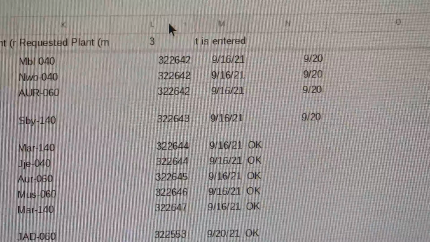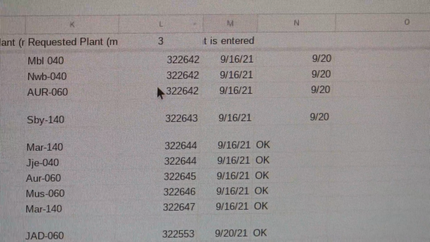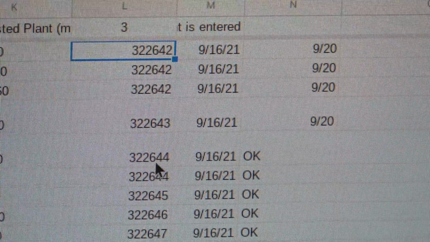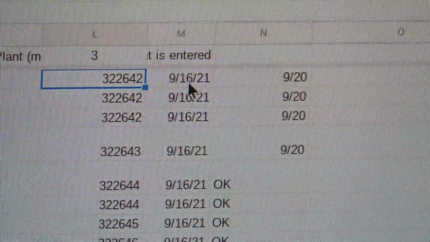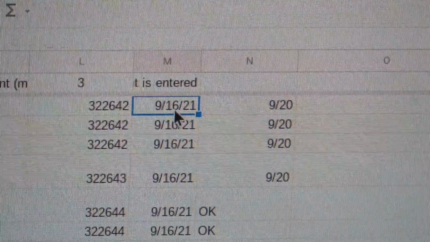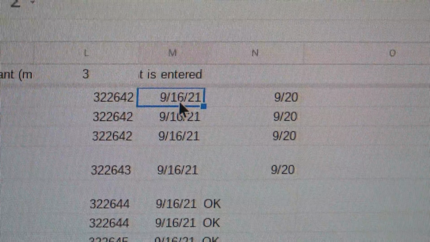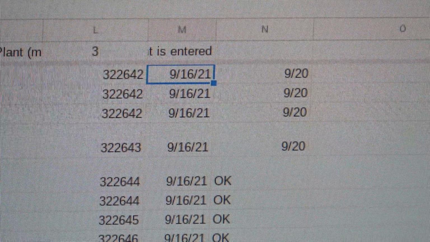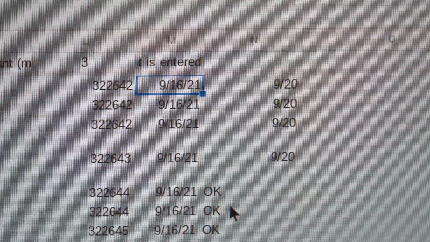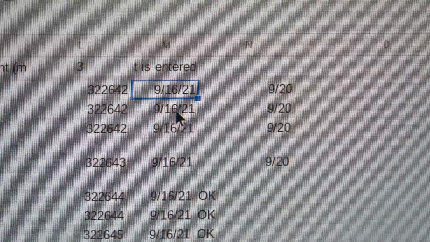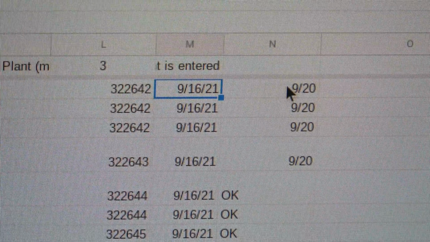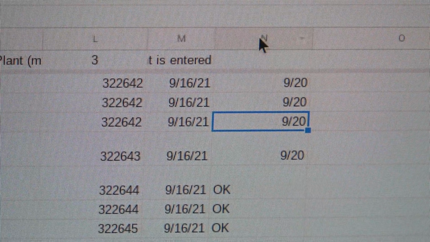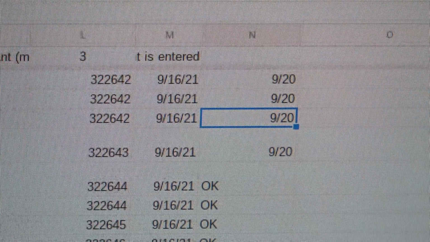So first, once we enter this into WDS to be ordered, we put the WDS replacement number in column L next to all the questions. Also, we notate the date that it was entered. And then finally, the person who orders the plants, which it's important to know that this form isn't used, it isn't sent to Florida. It's a way for us to reference exactly what we're ordering, so the person in our district who orders the plants knows what requests are in. And that's where these dates in the final column N,